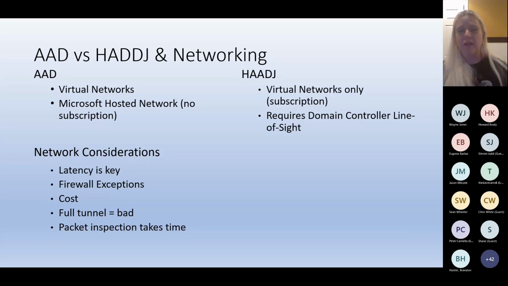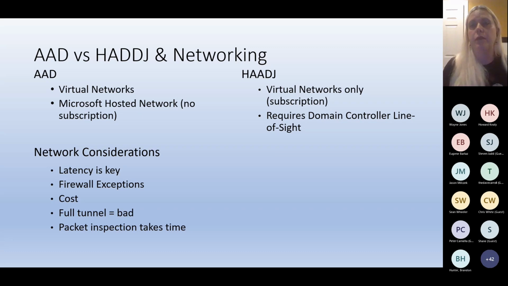And why I make that crack about networking is because this is really where, if you're going to start a deployment, you kind of need to figure out what you want the network to do or how you want it to be laid out. And so when we're looking at topologies, if we're going to go down the Azure AD route, we support two different scenarios. You can use an Azure VNet and put your cloud PCs on there, and that works. There's an asterisk to that. It has to be in a supported region.